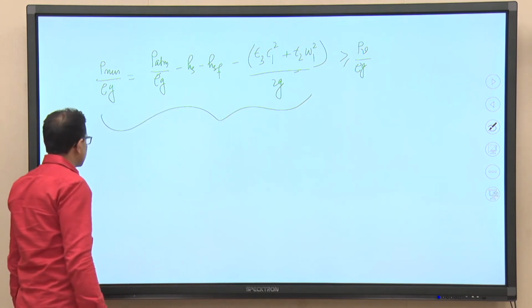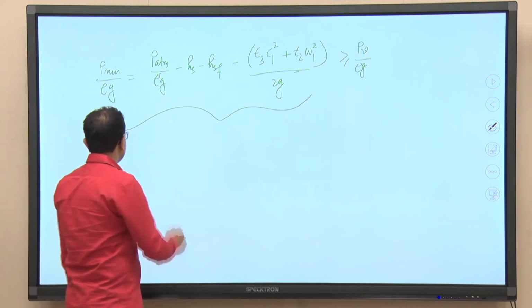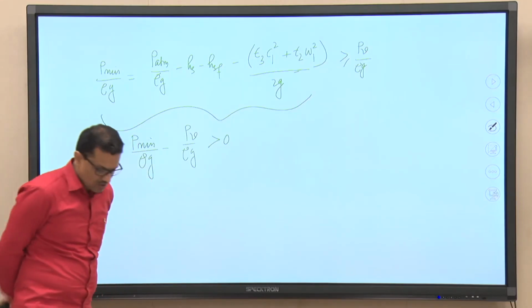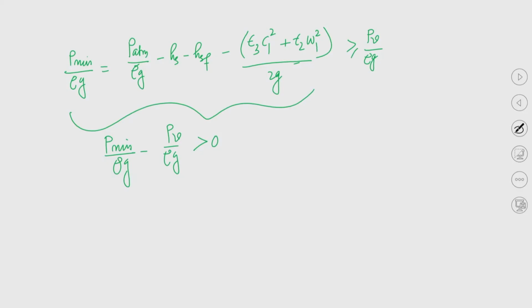So, you can see that for cavitation not to occur, that means P minimum by rho g minus P v by rho g will be greater than or equal to 0. If that is the case, cavitation will not occur. So, what we can write is the limiting equation, converting all the terms